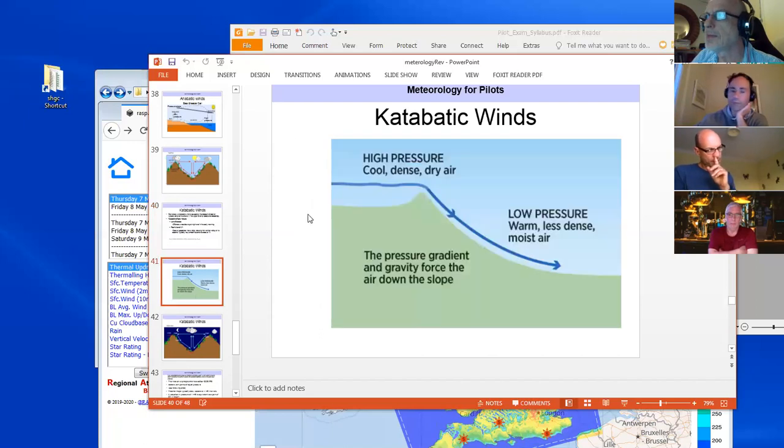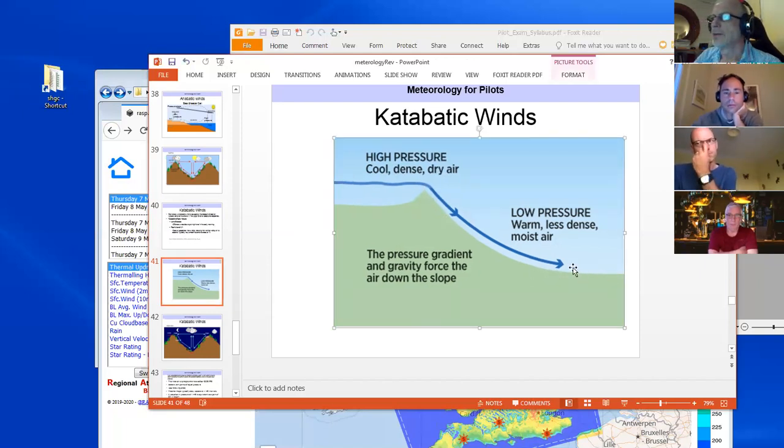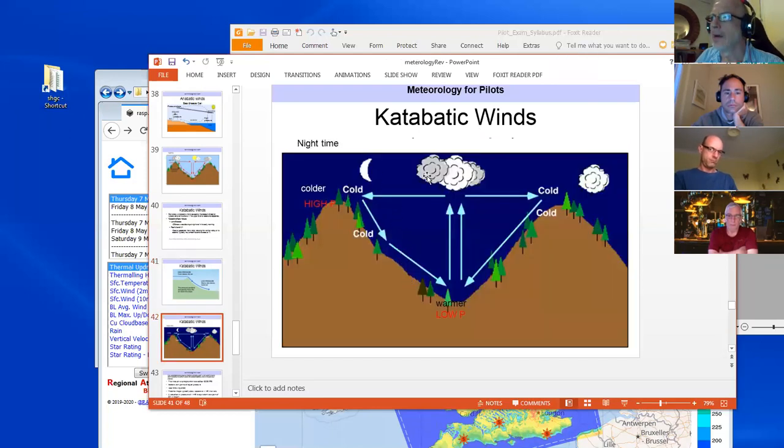So basically, with katabatic, you've got descending air, so you've got higher pressure here, it sinks, you've got lower pressure in the valley, so then it pulls the air down. But again, it's this basic principle: air flows from high pressure to low pressure, and most of this you can work out based on that. So your nighttime or evening katabatic is the opposite, where you've got descending cold air. Now you've got rising air in the middle of the valley, and this is sometimes known as restitution magic lift,